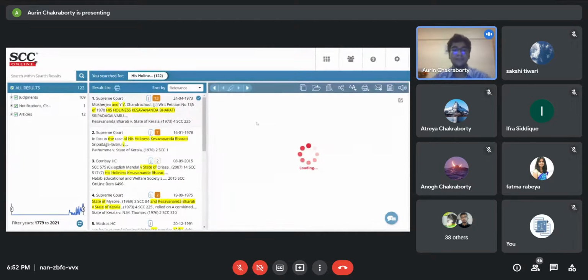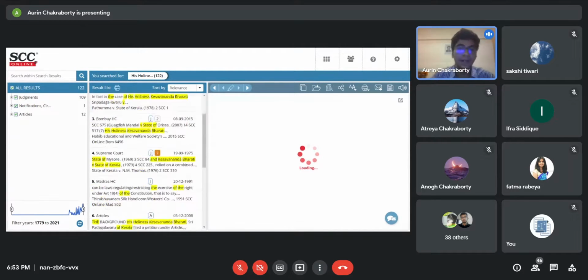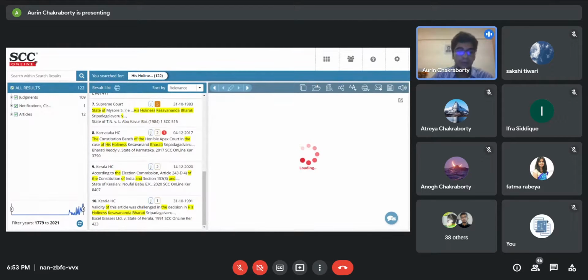There'll be a head note. Even for lengthy judgments like Kesavananda Bharati, it deals with so many things. So what you essentially do is go into the aspect of digest notes. I have just 2 minutes left, so I'll tell you in a nutshell: you can put in the citation or the relevant case law, then go into digest notes and put a search within search.